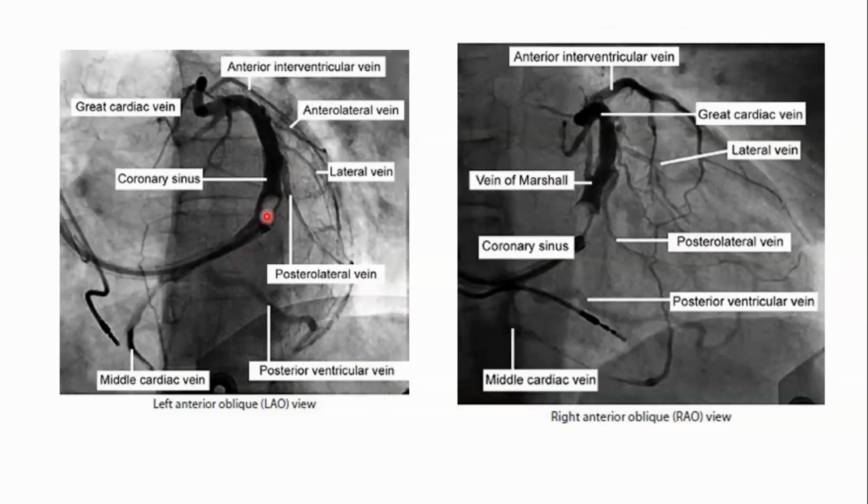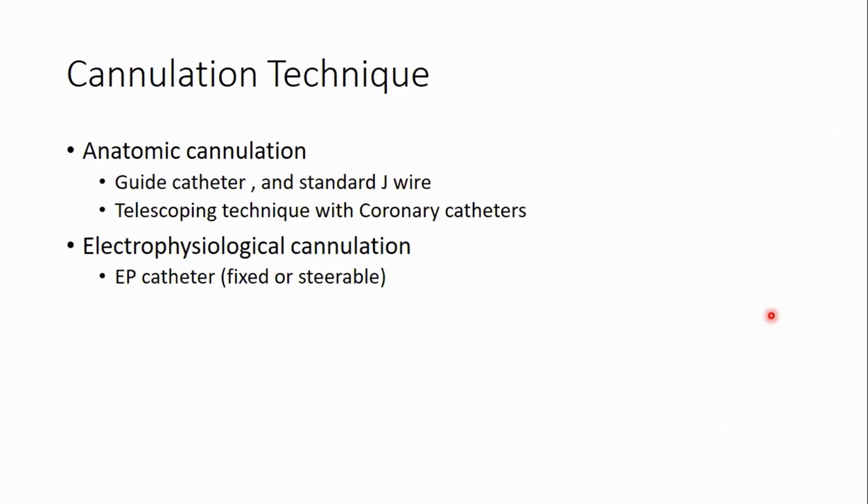This is the LAO view, where we're looking from the apex towards the top of the heart. As we run laterally, we come across the middle cardiac vein, the posterior veins, the posterolateral vein and the lateral vein, and then finally we go anteriorly. So if you're going anti-clockwise, then we're going from posterior to lateral to anterior. On the other hand, this is the RAO view, which, as we said, tells us how basal or how apical we are in position, and those are important to determine the final position of the